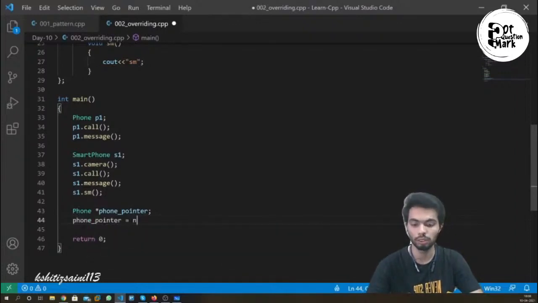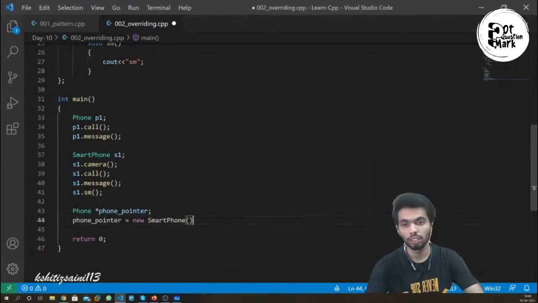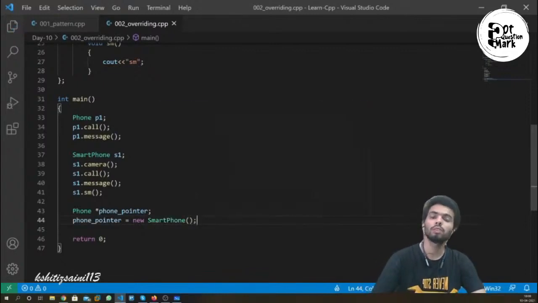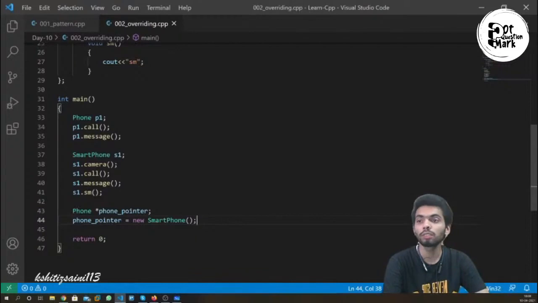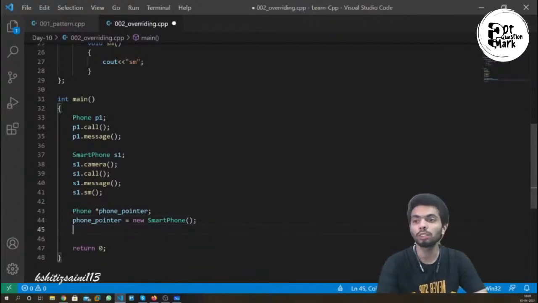Phone pointer is equal to new SmartPhone. What I am doing, I am using a phone pointer, but I am initializing an object of SmartPhone class। अब मेरी स्मार्टफोन क्लास क्या कर रही है? अब मेरा पॉइंटर है, तो पॉइंटर है तो मैं डॉट ऑपरेटर से तो एक्सेस नहीं कर पाऊंगा।